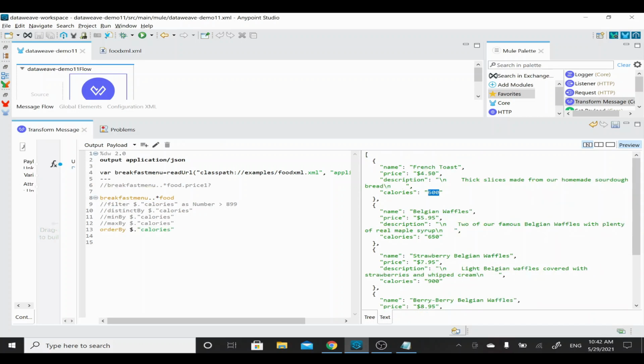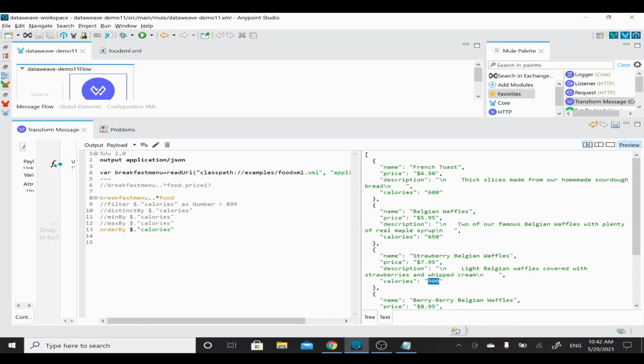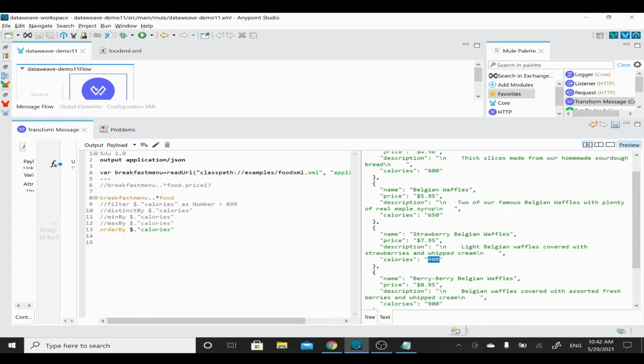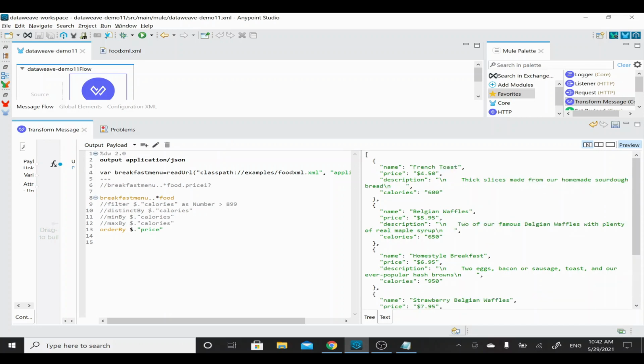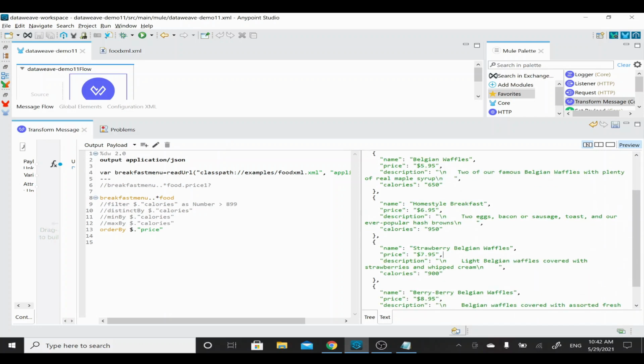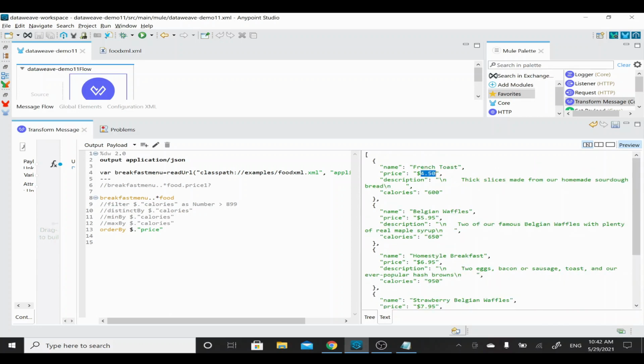See, it's giving an order in the ascending. The small one will start first and then the big one second. And I'll try to see this 450, 555 and 750, 850, 695. This dollar is there, I'll try to see how that is coming. I'll just apply it on a different field, price: 450, 595, 695, 795, 895. Yes, it's sorting based on the amount.